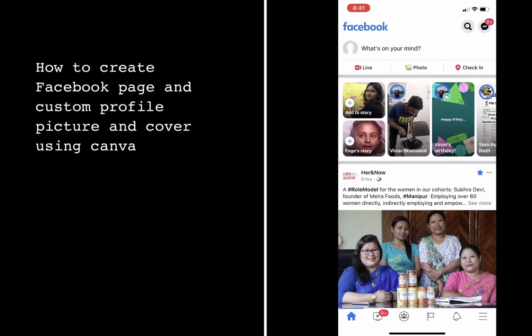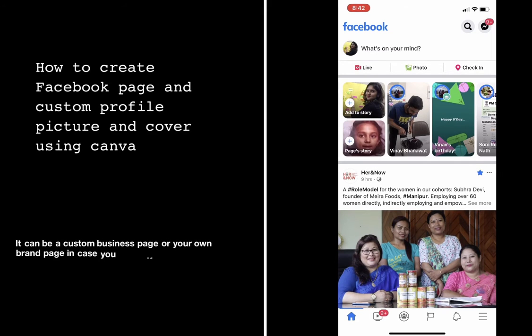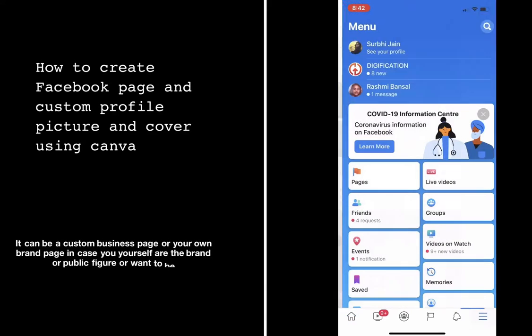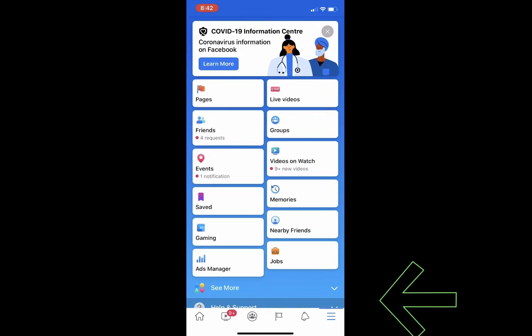You can make any business page. You can also make a page in which you are involved. It could be your own page as well, a brand page. I go to this, which is called the hamburger icon. I can see Pages. When I click on Pages,